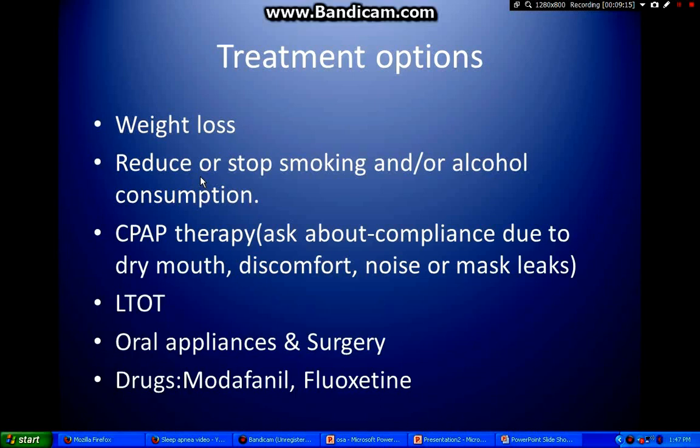The easy ones are weight loss, stop smoking, stop alcohol. The main option to intervene is CPAP therapy, but we have to ask about compliance, what the patient is facing at this moment, or the concerns the patient has, maybe dry mouth, discomfort, noise. Oral appliances, surgery, and drugs can be other options also, such as modafinil or fluoxetine, SSRIs. They sometimes help, but the main treatment option is CPAP, but we have to ask, and we can sort out the problem with educating